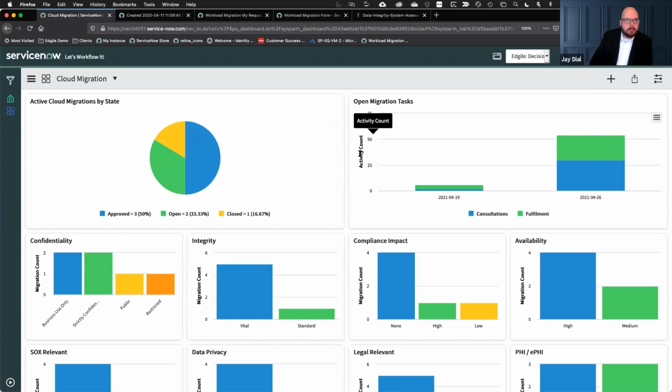On the right-hand side here in the migration tasks, we're able to see both those consultations and fulfillment tasks that have been created for these different migration requests. The key difference between a consultation and fulfillment task is that a consultation is expected to be completed in a relatively short amount of time. It's something that we can do to quickly gut check and have a conversation with the business to understand what are they looking to migrate, and is this going to be a problem? And we can kind of get that finger in the air decision as to whether or not we want to